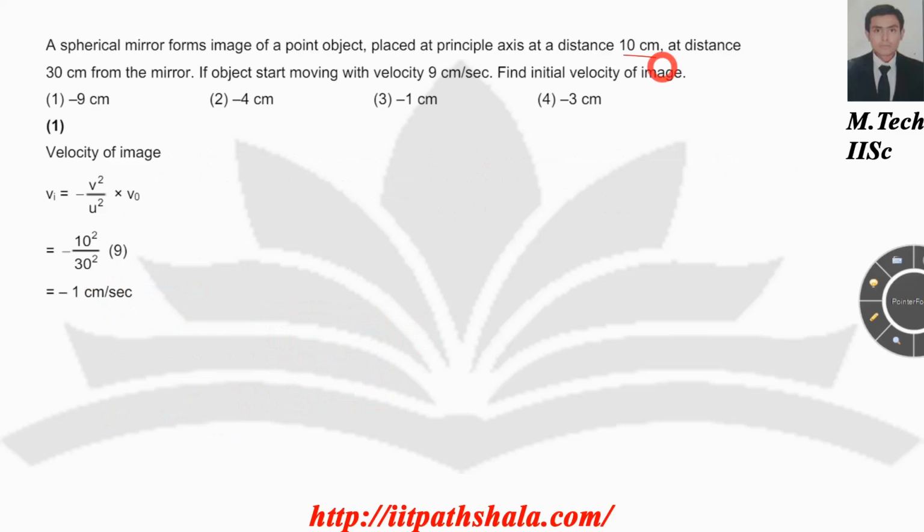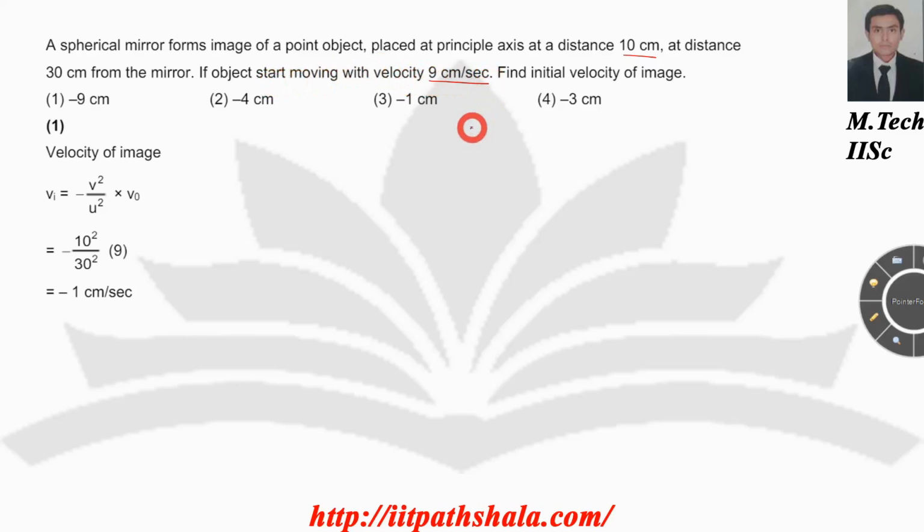Now in the following question, a spherical mirror forms an image of the object at 10 centimeter placed on the principal axis. So you have the v value over here, the value of v, the distance of your image from the spherical mirror. And your object is placed at 30 centimeter from the mirror itself. Now you have to find out the final velocity of the image, given that your object is moving at the velocity